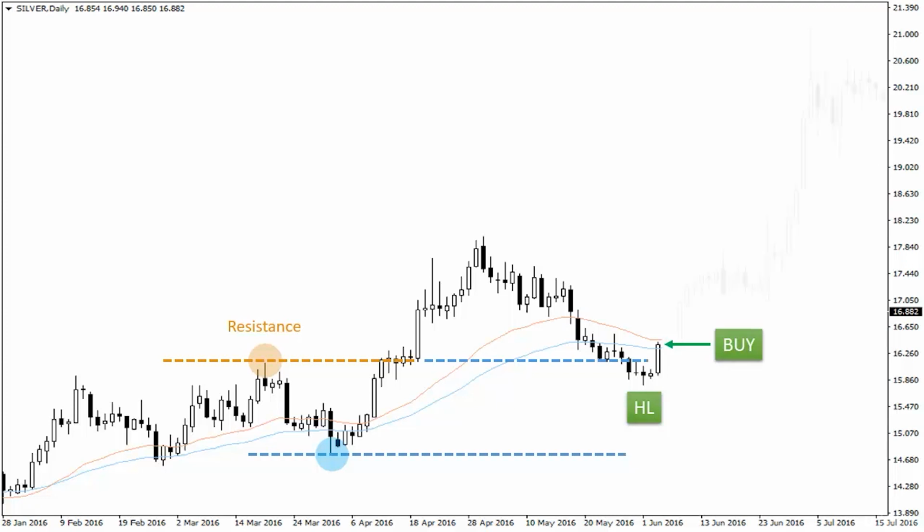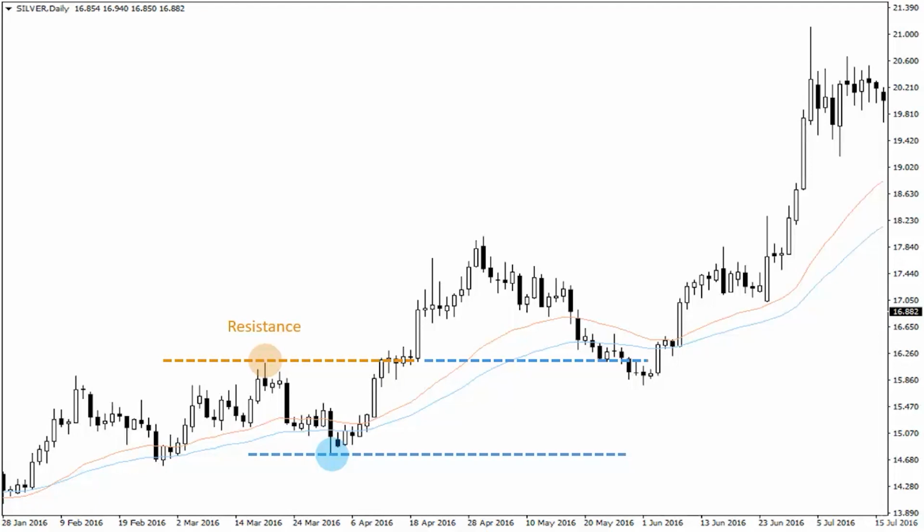Now, if I uncover the rest of the price action of this chart, then you can see that price continued to rise up for more than 30 trading days after we triggered the long trade at the support level. So that's how we can trade an uptrend market whenever price gets a pullback after it reaches the support